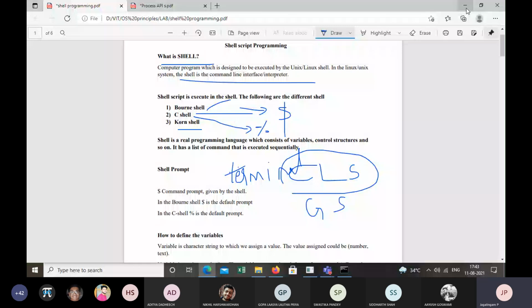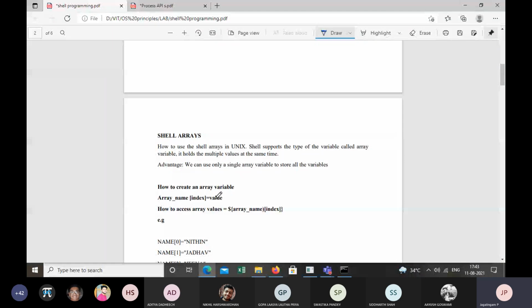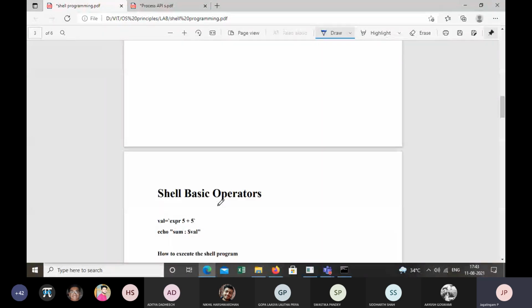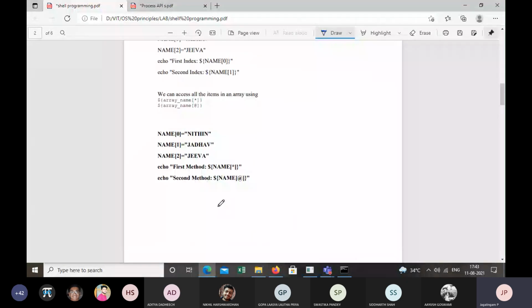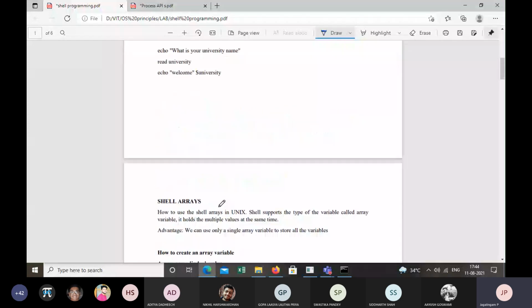Okay. All right. Now let us go to the coding part. Now, similar to other languages, you will be defining variables or arrays and using control structures. If-else statements, all are going to be the same, right? Only thing is there is something different when we write code for a shell script. Now let us try to understand what that is.